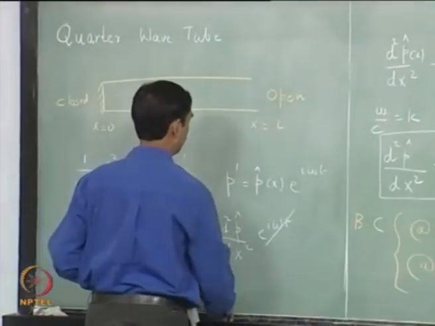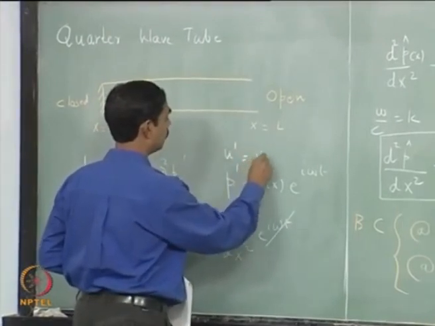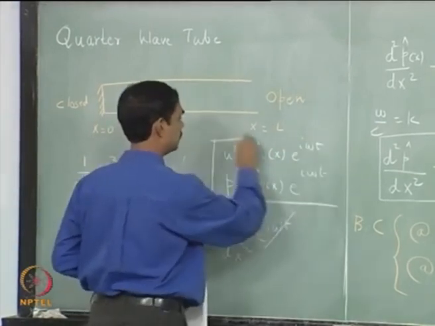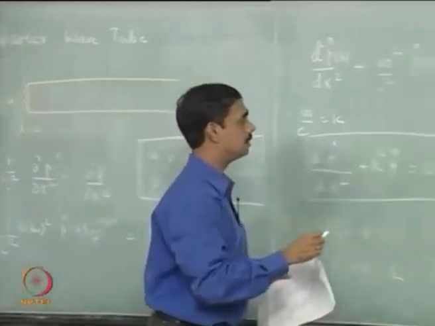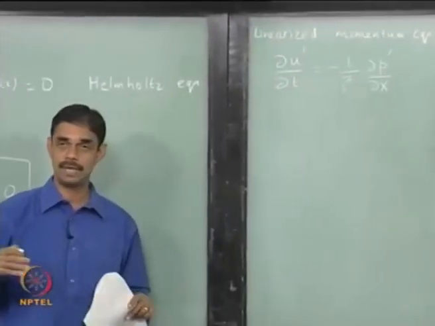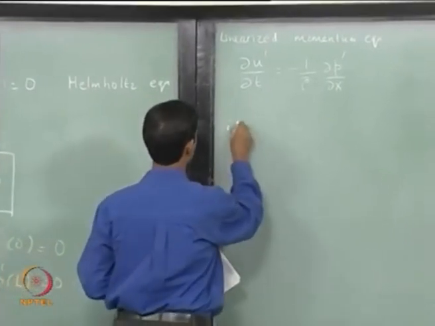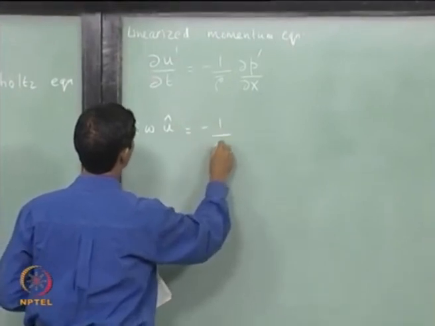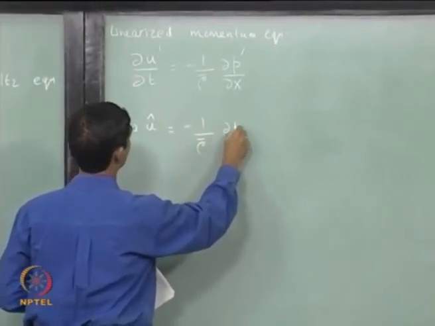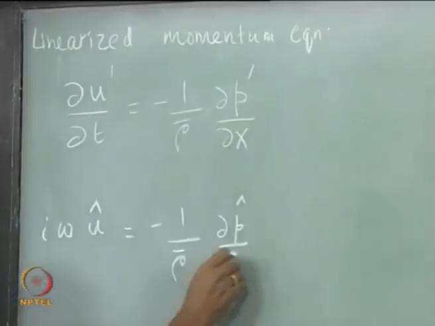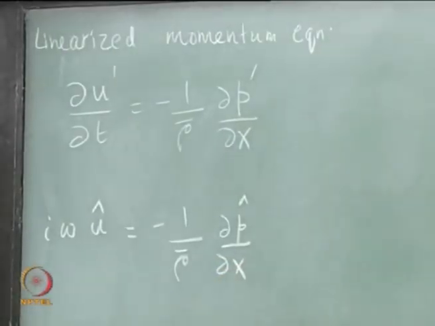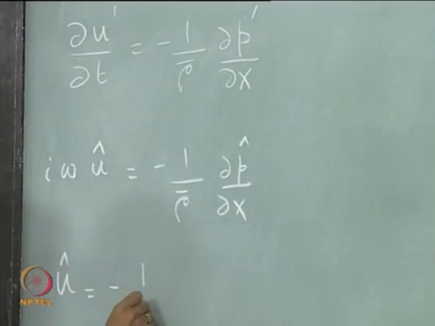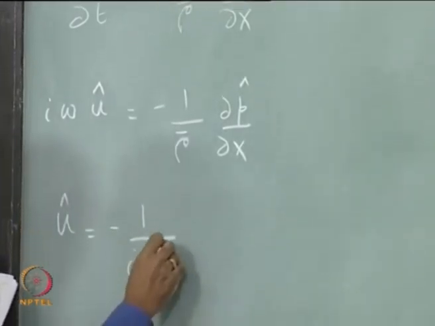e power I omega t, and we also make an ansatz u prime equal to u hat of x e power I omega t. So let us box this here, and so when you differentiate e power I omega t, you get I omega out. And e power I omega t on both sides will cancel, so u hat equal to minus 1 over I omega rho bar